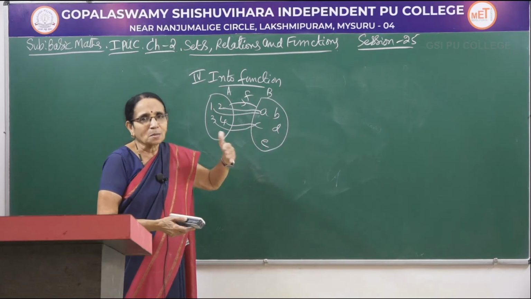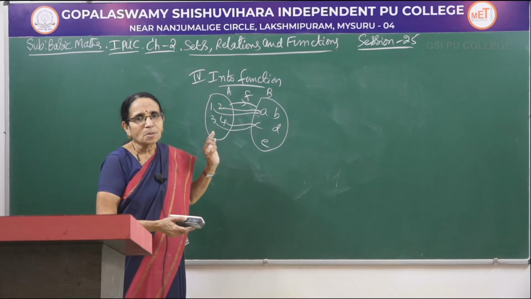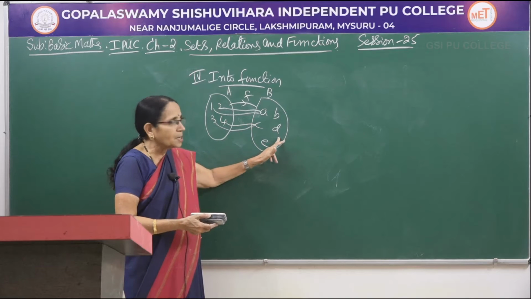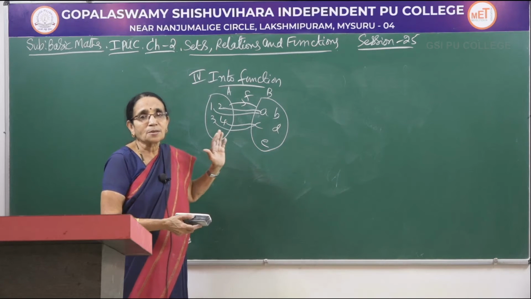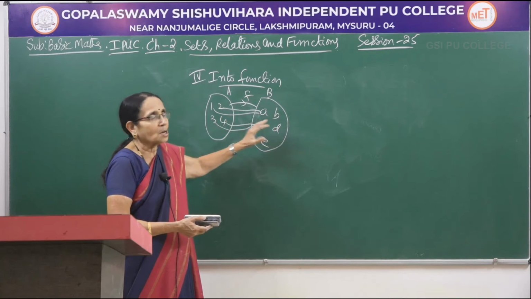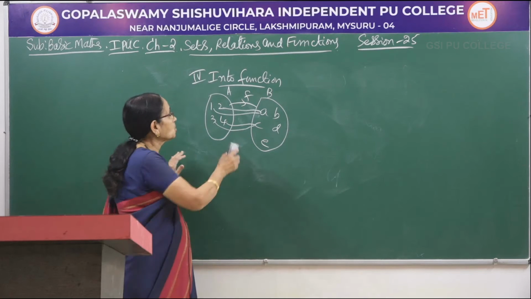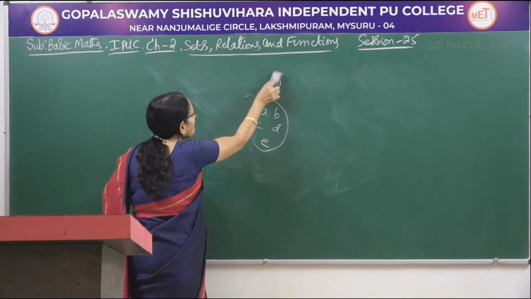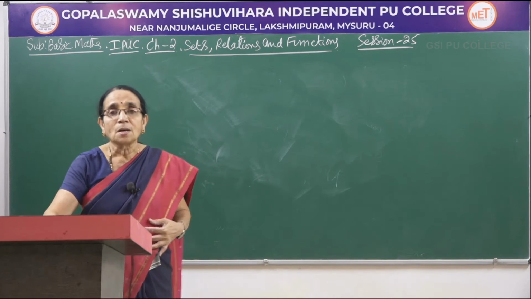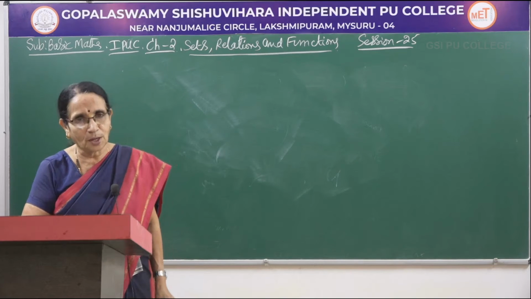That is not the mathematical definition. This is the mathematical definition: f from A to B is said to be an into function if there is at least one element in the codomain B which does not have a pre-image in the domain A. See, onto means we are keeping on that one, into means it will be inside that one. But mathematically you have to write the definition. You observe here B, D and E, all the 3 elements belonging to this one, they do not have any pre-image. Therefore, this is called an into function.